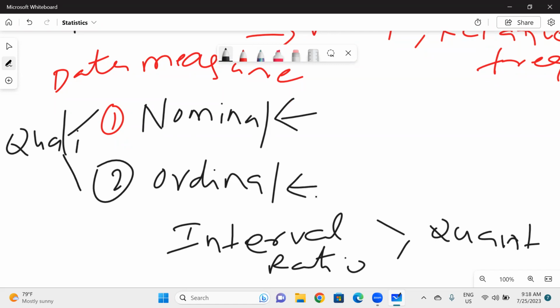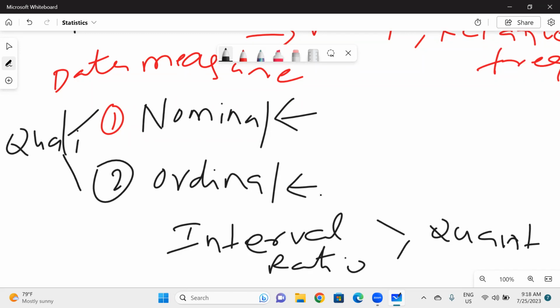Nominal in the sense there is no order. For example, the names of the students, the names of the employees, city names, and color names. Those things we can simply say are nominal data. Clear, right? Nominal means the variable could hold genders, eye colors, blood type, and the place you're living. Those things we call nominal data.